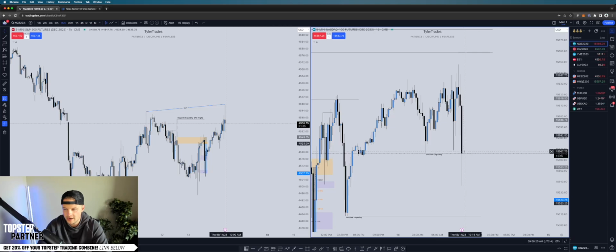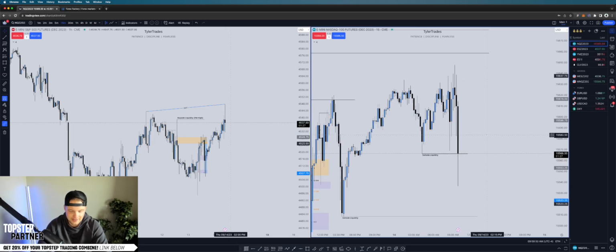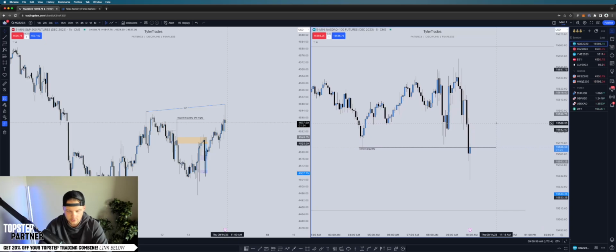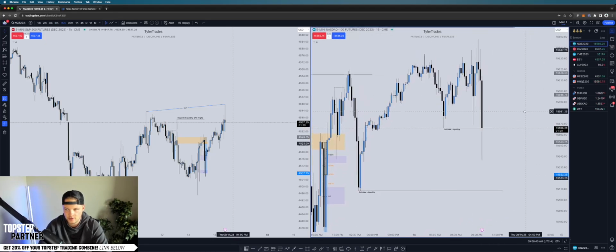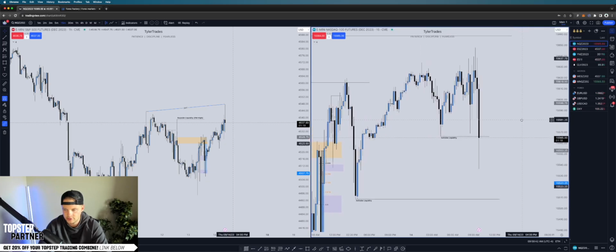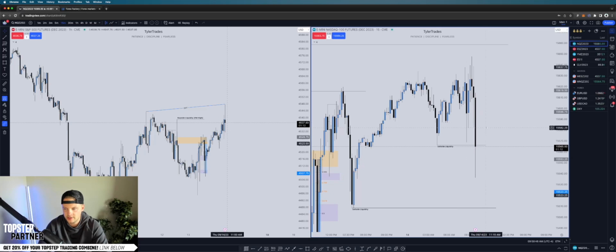If we close back above here on the 15 minute, I definitely would be more neutral to play either side of the market. If not, I don't want to short ourselves by not being willing to get short here, even though we are kind of primarily bullish and have been on the higher time frames. So we'll play it by ear. We'll see what we get. We'll have more data here in a couple of minutes.